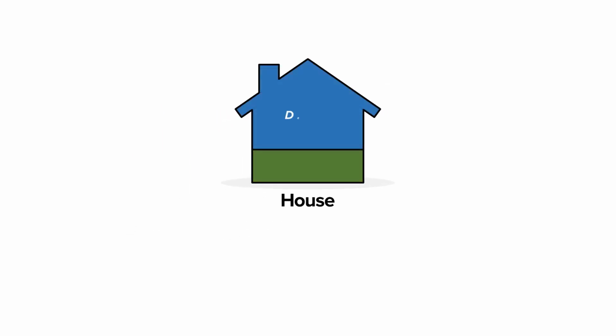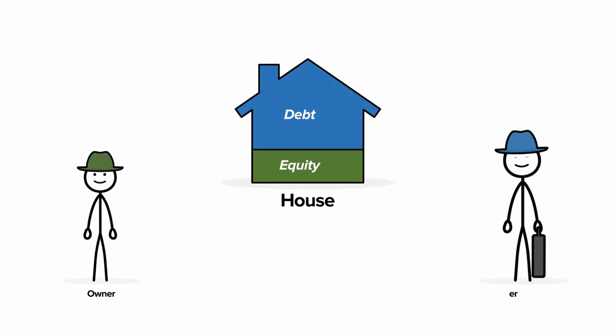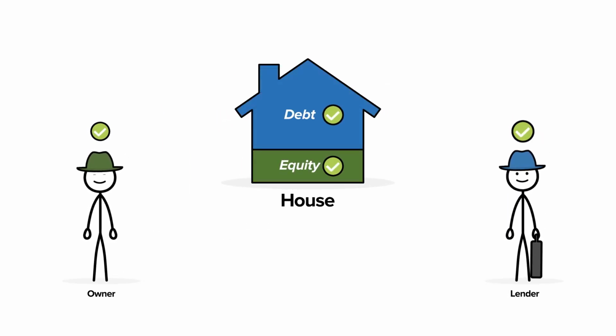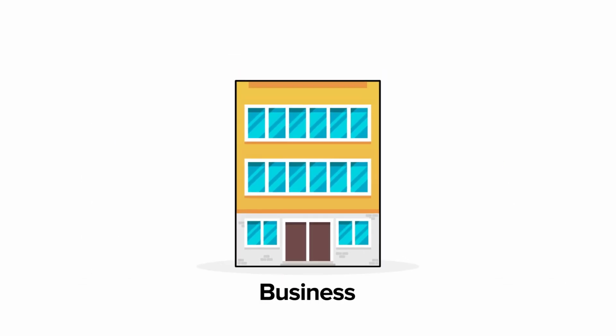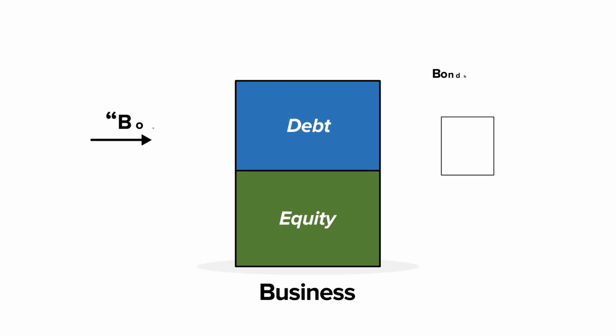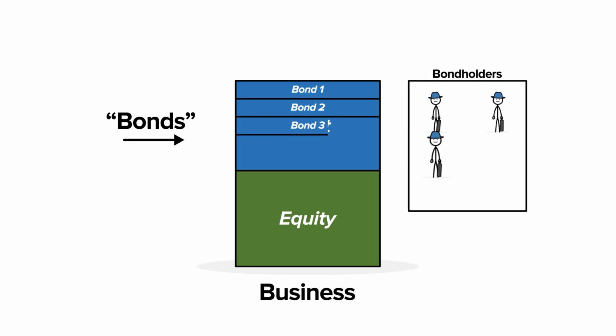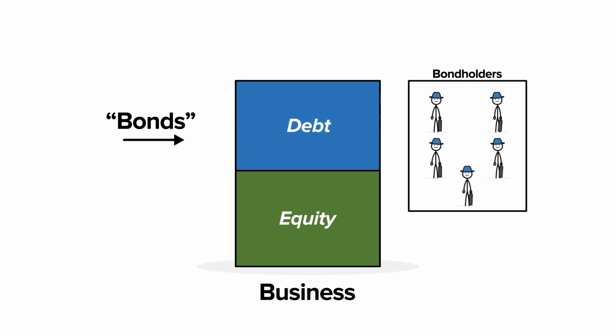The big difference between a house and a business is that a house usually has one owner and one lender. Business lending and ownership is slightly different. With businesses, we typically have many lenders which offer debt in the form of a bond. As a side note, businesses can also have loans as well, which we'll elaborate on in a future video. From the company's perspective, even though there are many lenders, the debt is viewed as a single unit of debt in aggregate.